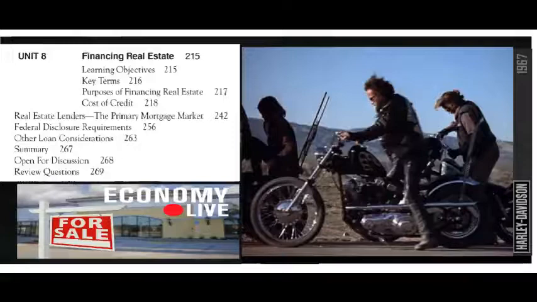Equity Sales Contract, Home Loan Toolkit, Hypothecation, Impound Account, Installment Note, Institutional Lenders, Interest Rate, Interim Loan, Joint and Several Liability, Judicial Foreclosure, Junior Lender, Kickback, Leverage, Loan-to-Value Ratio, Lock-in Clause, Mortgage Bankers, Mortgagee, Mortgagor, Negative Amortization, Negotiable Instrument, Nominal Rate, Non-amortized, Notice of Default, Notice of Trustee's Sale, Open-ended Mortgage, Pledged, Points, Power of Sale Clause, Prime Rate, Principal,